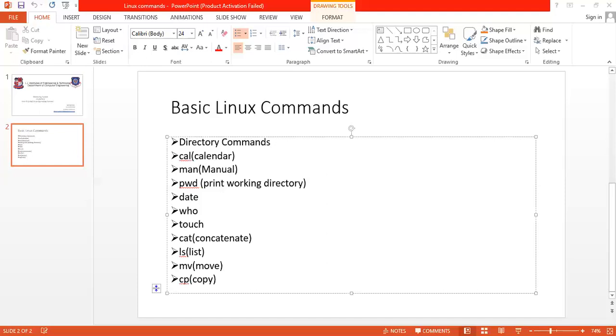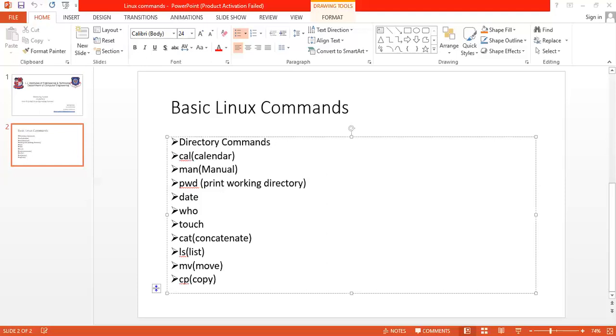Now if I want to check whether this content is appended in the existing file or not, again you need to write cat file1. So you can see the previous sentence was as it is, okay, and a new sentence is added in this existing file.